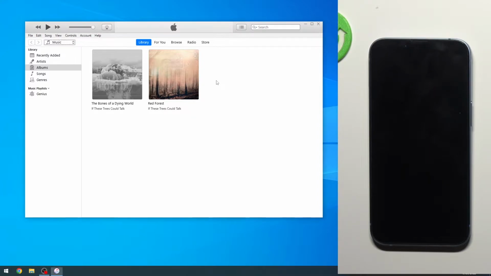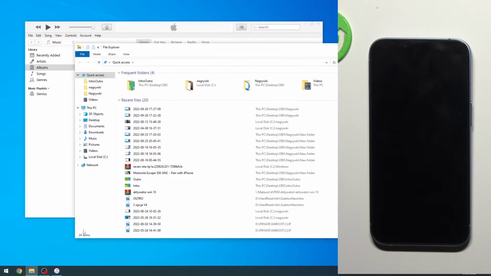downloading iTunes, you most likely do not have a backup that is on your computer, but only through iCloud. And if you're using Mac, you can just open up Finder. Finder is the equivalent of an Explorer on Windows. Once you plug in your phone,